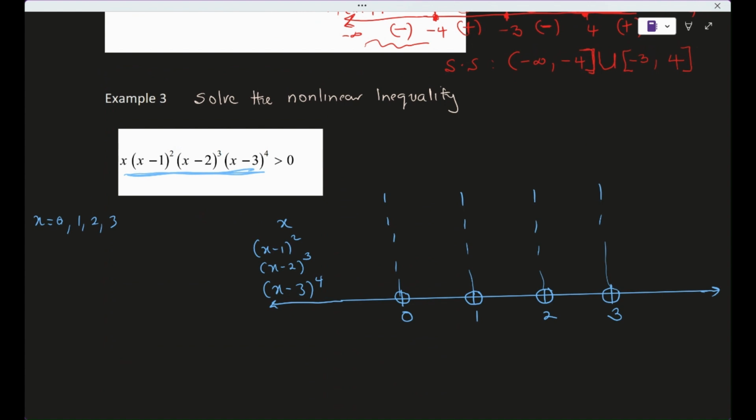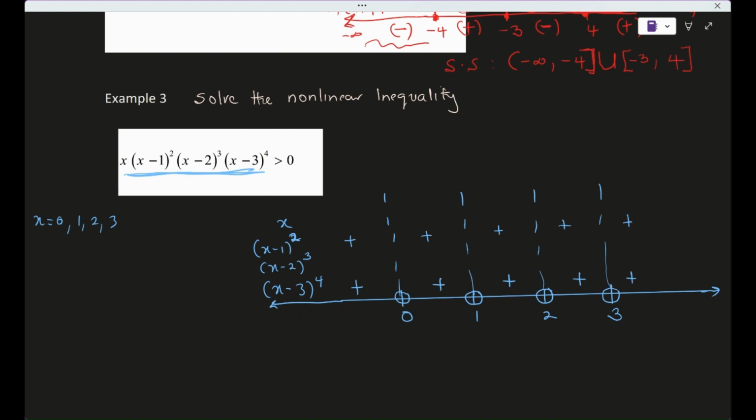Now, we can make life easy for ourselves because wherever we have even power, we know it's just going to be plus in all intervals. Because even if it is negative, for example, x minus 1 squared is going to be plus. Here as well, x minus 3 to power 4 is still going to be plus. So we just move this one, right? Then,